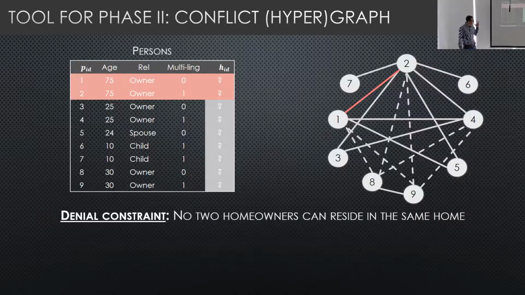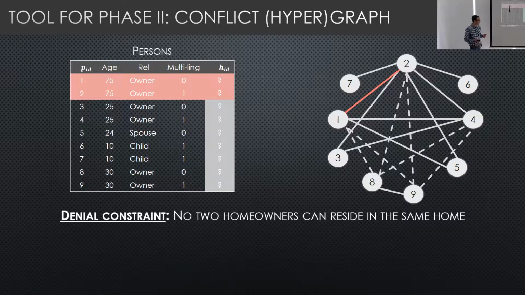So now that we've completed the join view, we want to complete the foreign keys themselves, and in this phase, we reduce the problem to graph coloring. So we first generate a conflict graph based on the rows in the persons table in our example. In the conflict graph, we have a node for each row in the table, and we have an edge for every set of rows, such that if this set of rows gets the same HID value, they would violate a